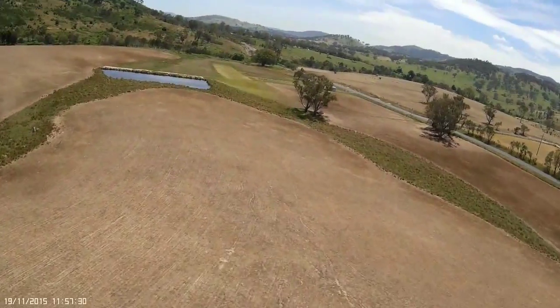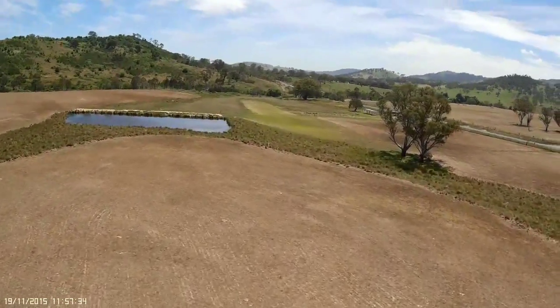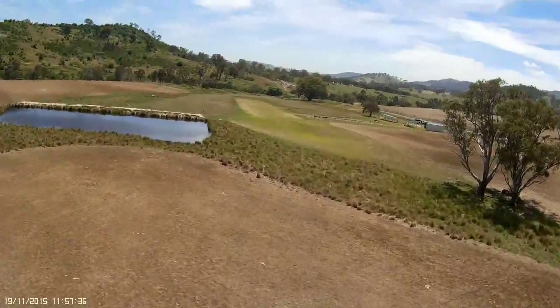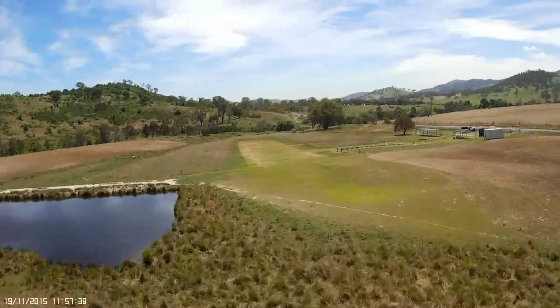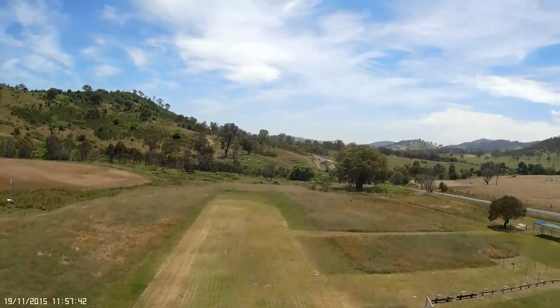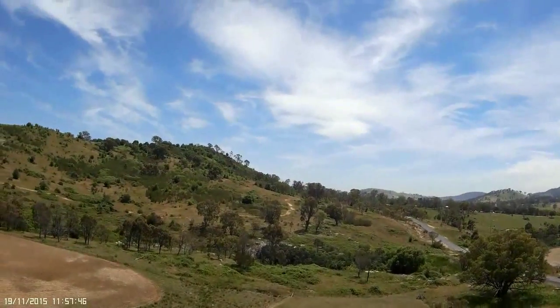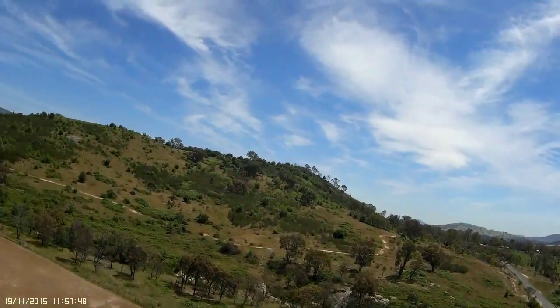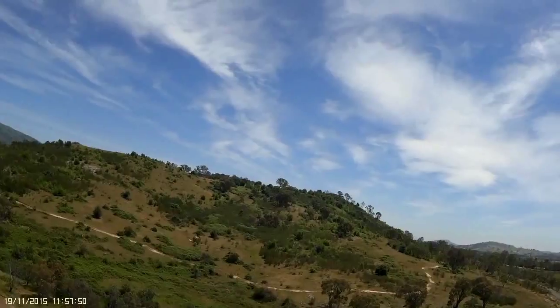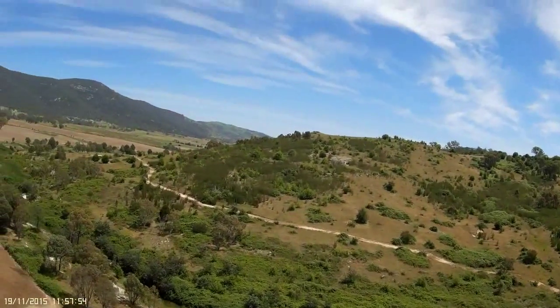But as I'm coming in, I start to wonder about flying north. I think if I fly north into the wind, I'm much more likely to be able to get the plane back. I've drained the battery a couple of times trying to fight the wind on my way home. My only concern is this hill. I think it'll probably block the signal because it's pretty close to where I stand. But I decided to give it a go and